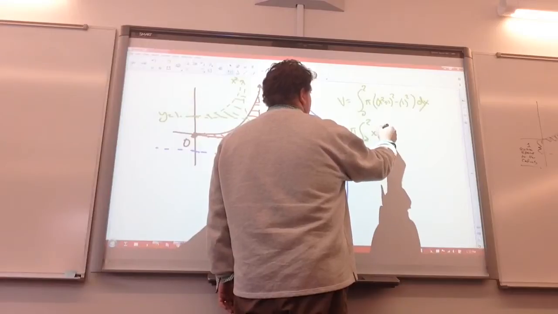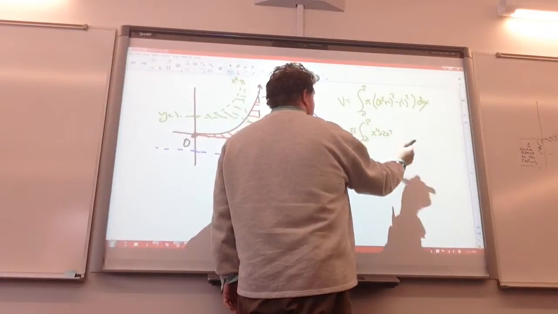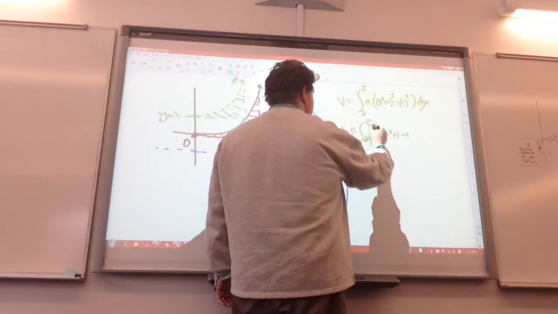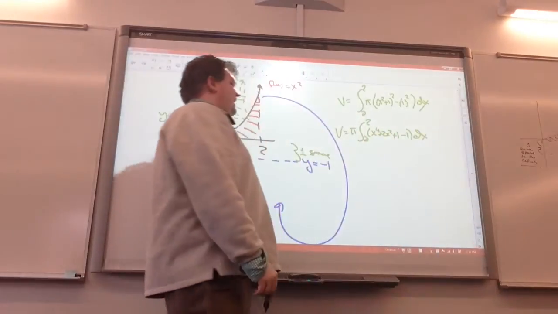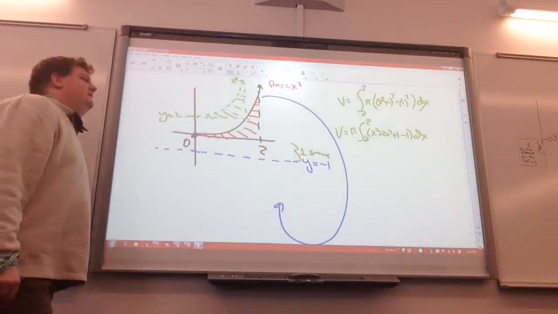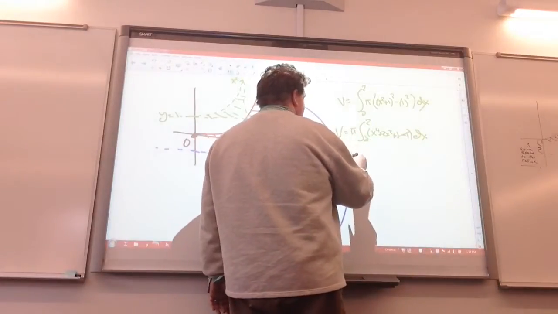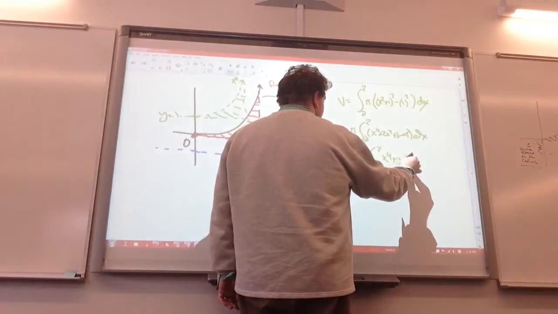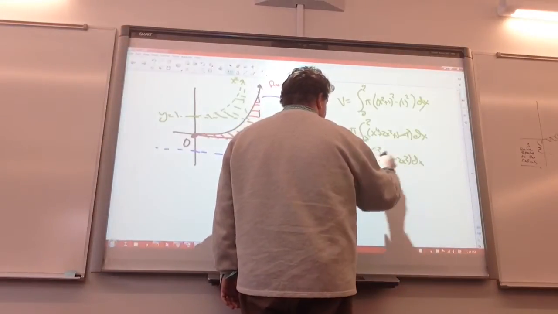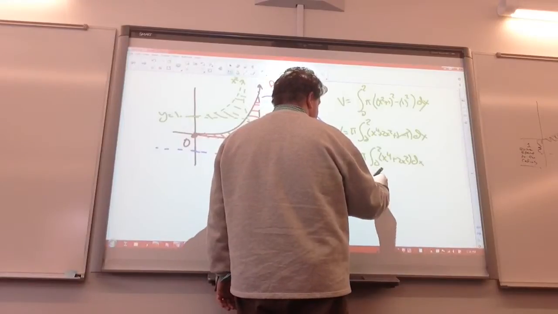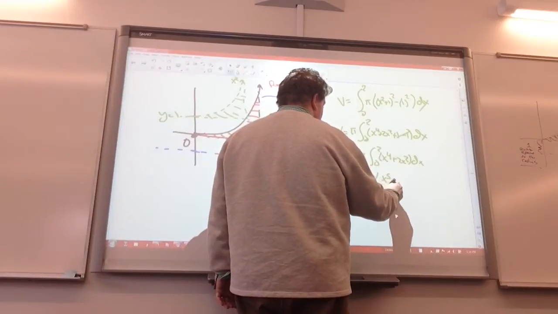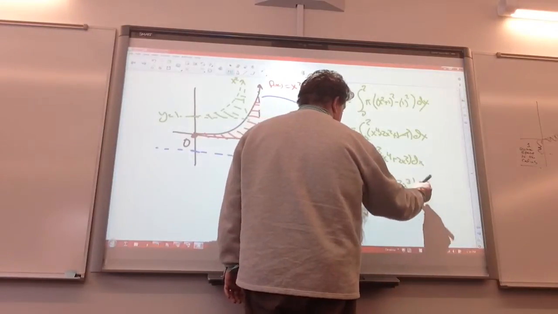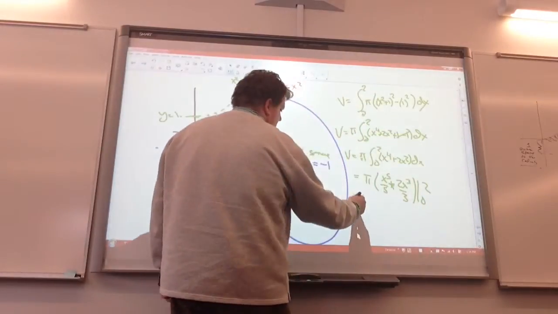So x to the 4th plus 2x squared plus 1 minus 1, right? dx, okay? And so the 1's will cancel, turning my volume into pi times the integral from 0 to 2 of x to the 4th plus 2x squared dx. We evaluate that: x to the 5th over 5 plus 2x cubed over 3 from 0 to 2,